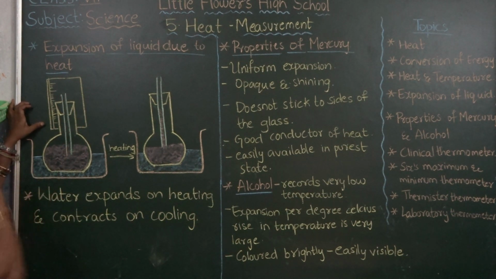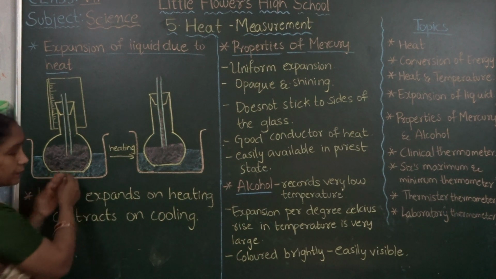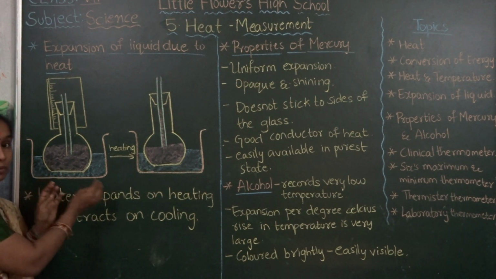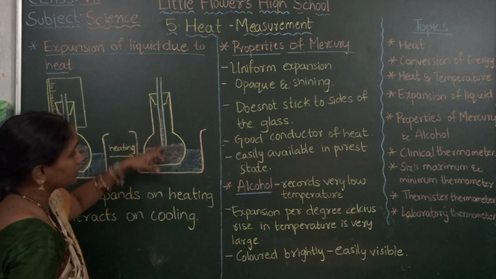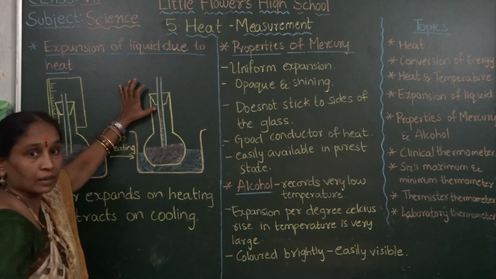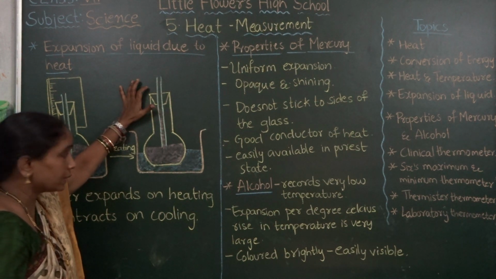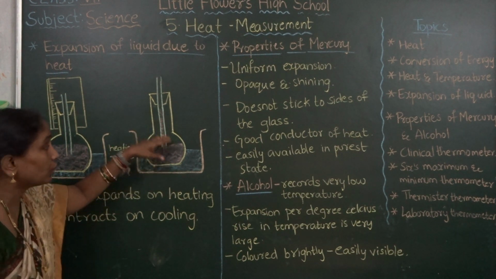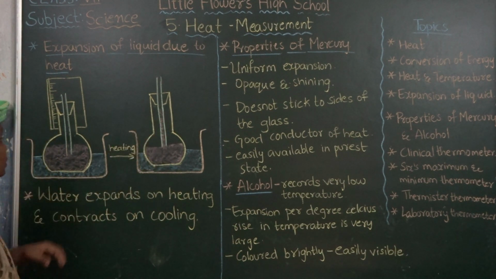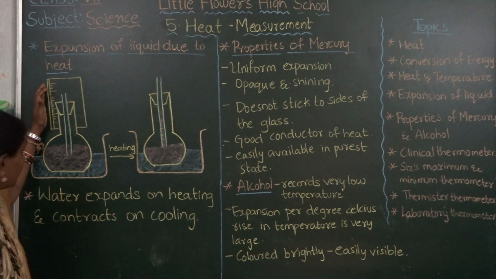With the thermometer, what will we do? We will note the temperature of the liquid while heating. With the help of a burner, while heating this solution, what happens? The mercury level on the thermometer will increase. The thermometer shows the increasing level of the mercury. While heating, the liquid volume will increase. We can note the increasing volume on the scale arranged at the back of the round bottom flask.